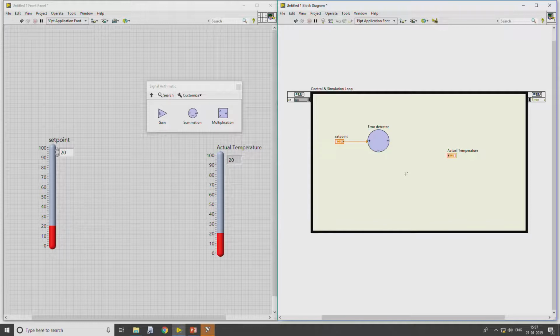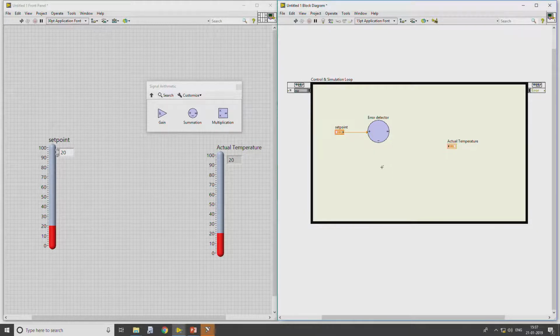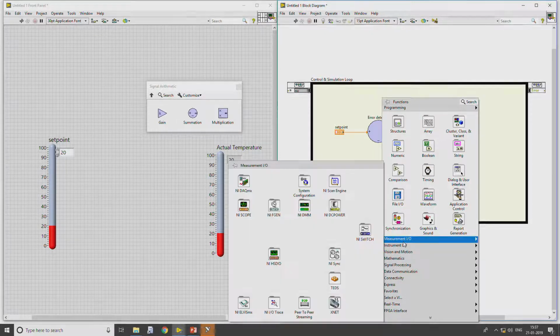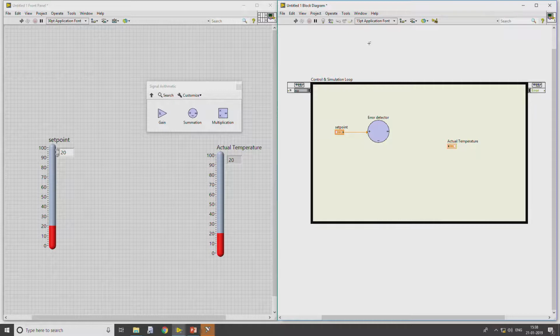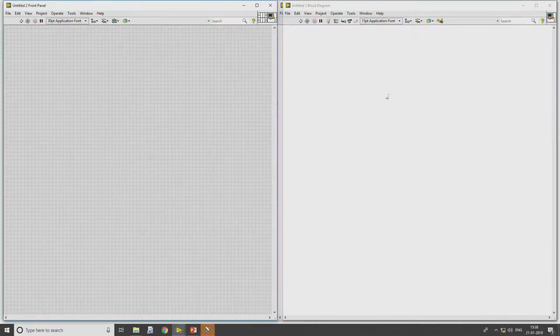So, we need to create data acquisition modules in order to acquire the data from the real world. For that I will create a measurement IO, the data acquisition modules to acquire the data. So, I will create a new VI.